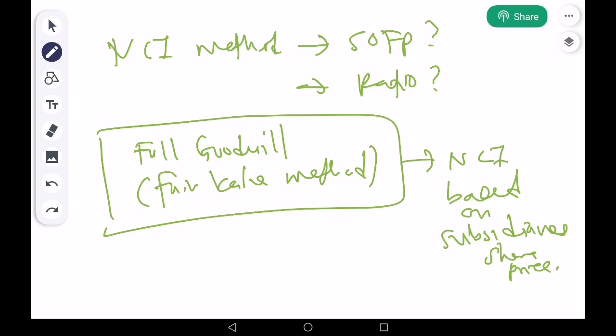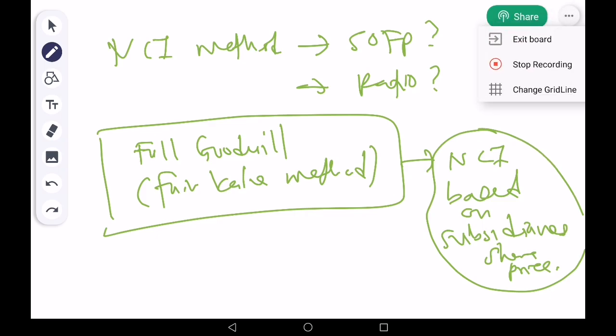So what is the impact to your SOFP when you use the full goodwill method? Okay, I differentiate first: full goodwill, fair value method, you're using NCI based on the subsidiary share price, and you will compare that to